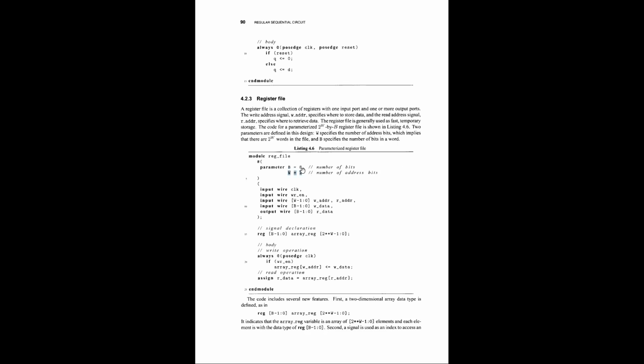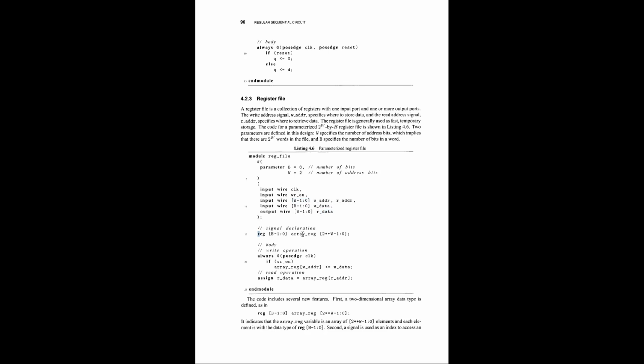Once the parameters are defined, the ports are defined. So you can see how the ports are defined here. The addresses are 0 to W minus 1, because the size is 2, so it will become 0 to 1, a 2-bit address. And the word size is 8, so it will become 0 to B minus 1. This is also a data port. Both data ports will be 0 to B minus 1. Okay. So after all the initialization of the ports, what we need to basically create is a memory.